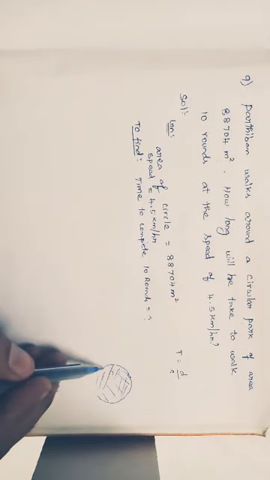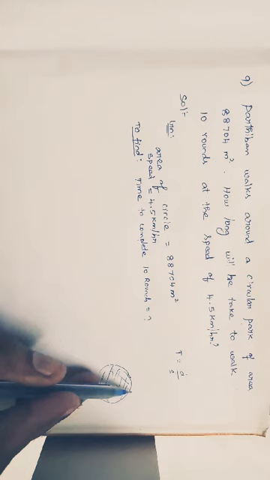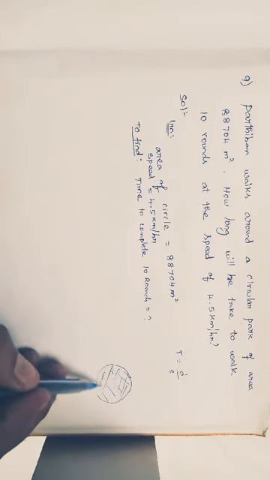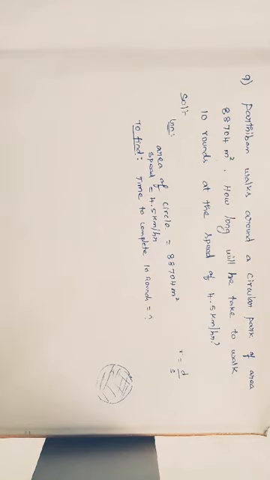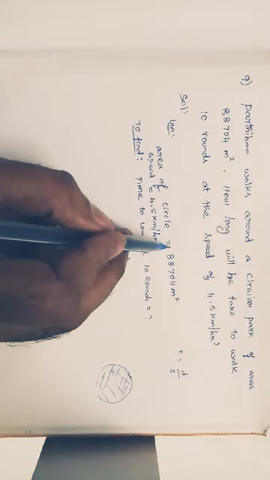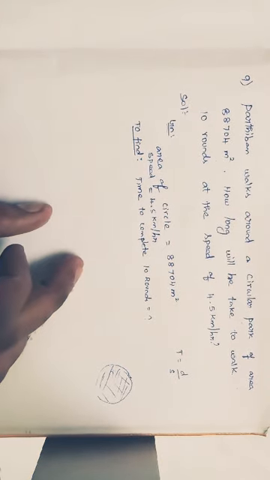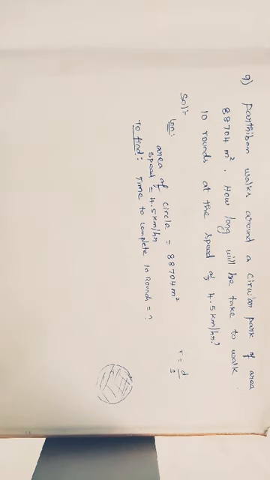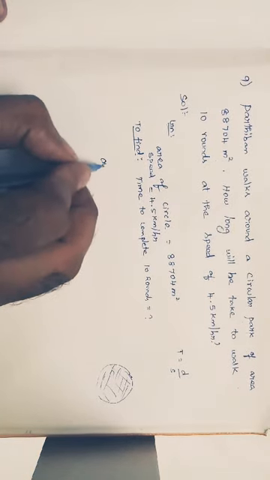So first we want to find the distance, and distance is nothing but the circumference of a circle. For finding the circumference of a circle, we need the radius. But we don't have the radius. For finding the radius, that is why they have given the area of a circle. We have the area of circle formula, so just equate and we get the value of r. From the r, we can find the circumference. From the circumference, we can find how much distance he has covered in 10 rounds. So one by one we can find. First I'm just going to equate the formula.